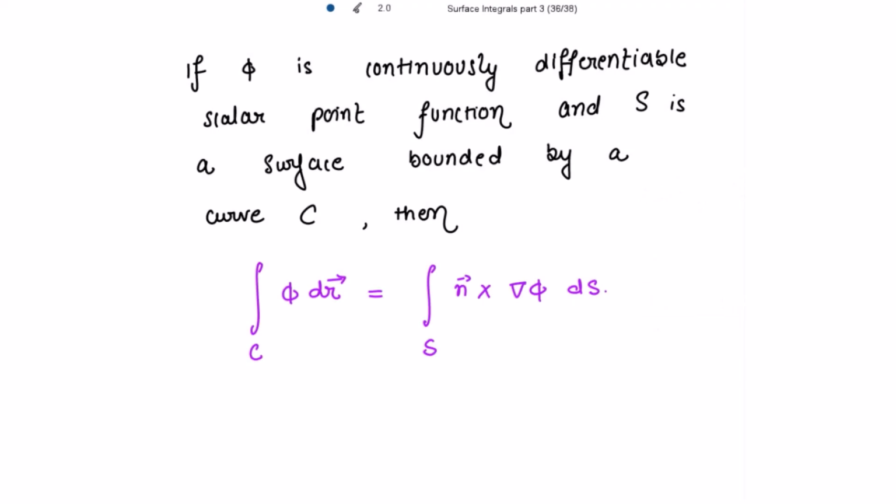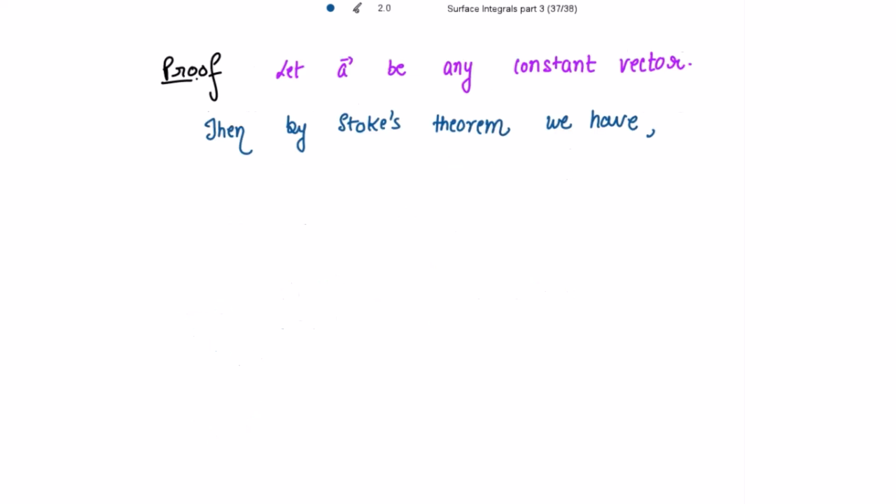So to prove this, I need to take a constant vector A and take its dot product with the left hand side. And then I'm going to apply the Stokes theorem in this. So let A vector be the constant vector, any constant vector, then by Stokes theorem we have this left hand side, that is the line integral over C phi dr vector,